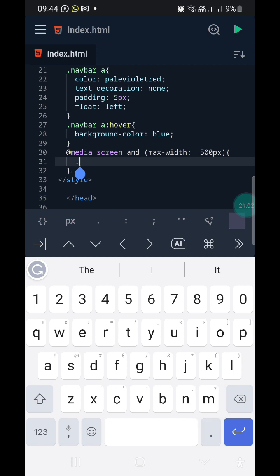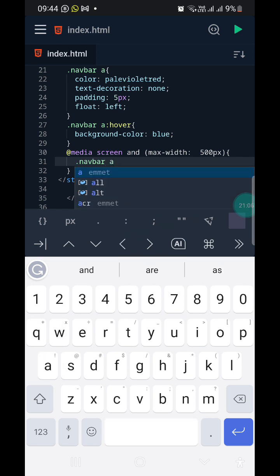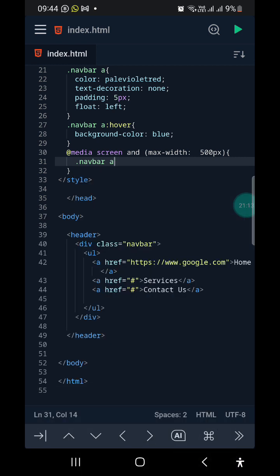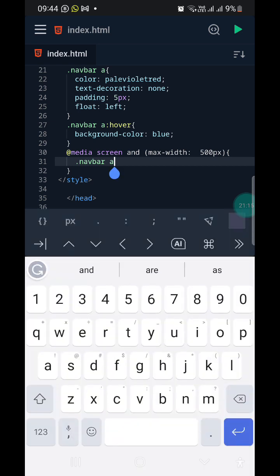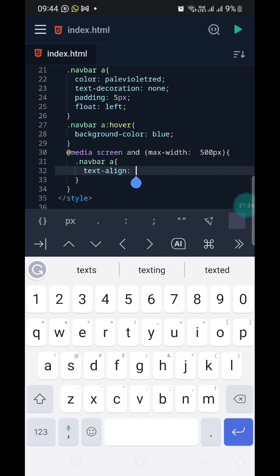I will now specify dot navbar a. That is the anchor tag. I believe you understand what I'm trying to do. So this here now, you bring this one down. Here now you can specify what we want. What can we do with that? We want the text align to be on the left,